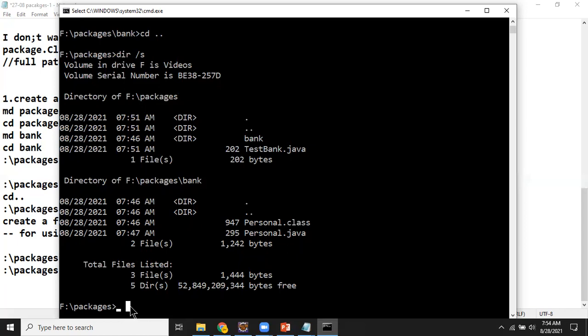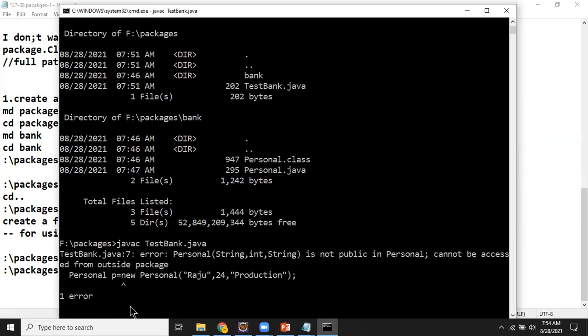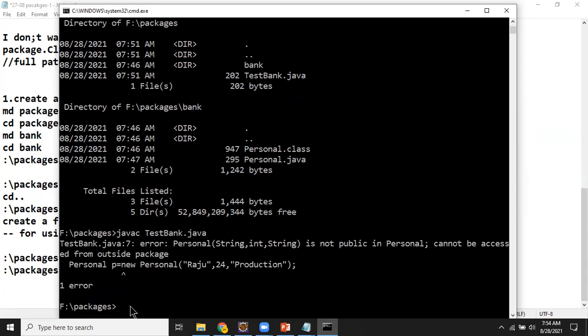Now I want to compile my test bank. So I'll say javac testbank.java. I'm compiling my program now. Okay, so what it is saying is that you are trying to use the constructor, but that constructor cannot be accessed outside the package.